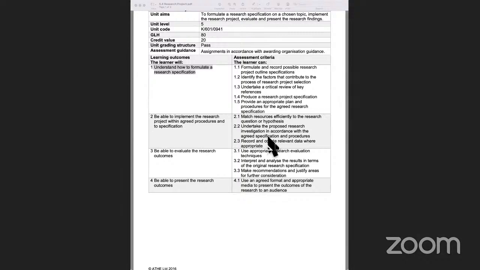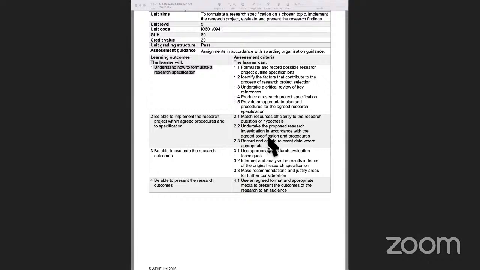Now, one of the most important things that we look at when we start to undertake a research is to get a sign off on what has been agreed in terms of the aims and objectives of what the research investigation would cover. Now, the reason for taking this sign off is also to ensure that